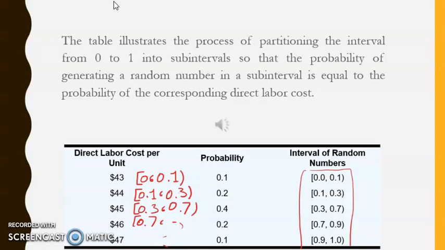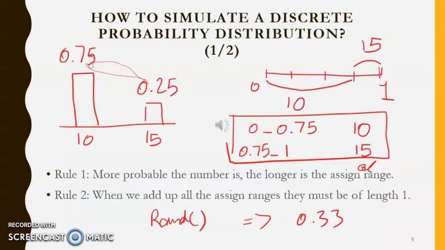For 44, you get the upper bound of the previous one, that is 0.1, plus the probability, so you get 0.3. And like that, you continue. And for the last one, you get to 1. And now you would have a very good understanding of the second rule here that says when we add up all the assigned